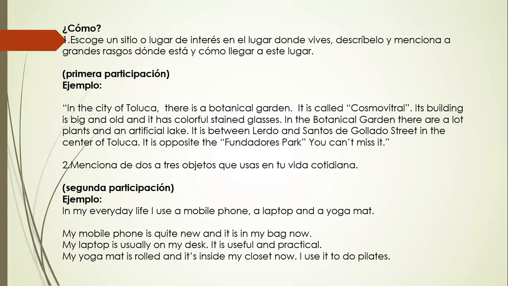In the Learning Forum, guys, I put a picture of the Cosmovitral so that you can see the botanical garden. And then in your second participation, you have to mention from 2 to 3 objects that you use in your everyday life. For example, in my everyday life, I use a mobile phone, a laptop, and a yoga mat. My mobile phone is quite new and it's in my bag now. My laptop is usually on my desk